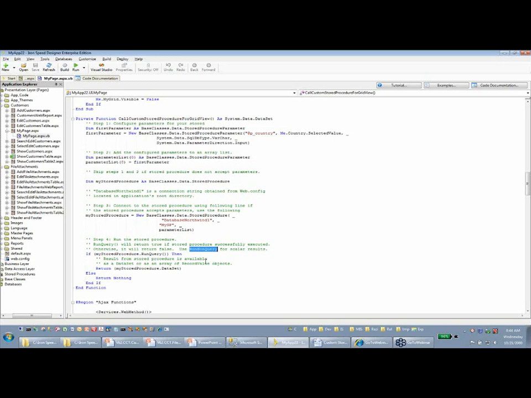So that's all there is to it in terms of calling a stored procedure. Create the stored procedure using a utility class called stored procedure, pass in the connection string, pass in the name of the function, pass in the parameter list, call the run query, and then retrieve the value of the data set and return it back. So now that we have implemented this, let's